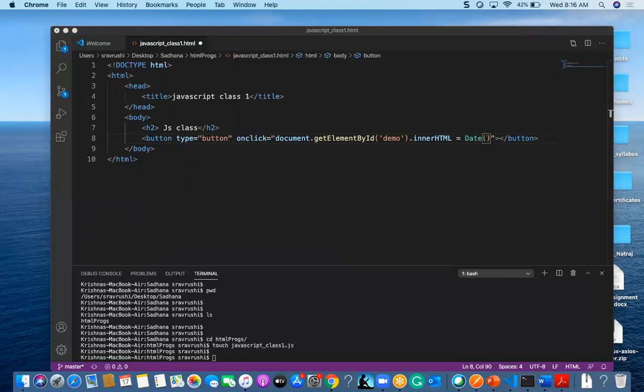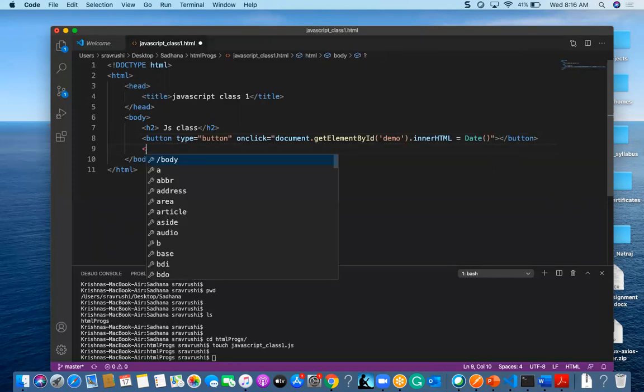I am writing this logic inside the button itself: document.getElementById demo dot innerHTML, to get the current date. This should target some paragraph, otherwise it won't know where to put the result.